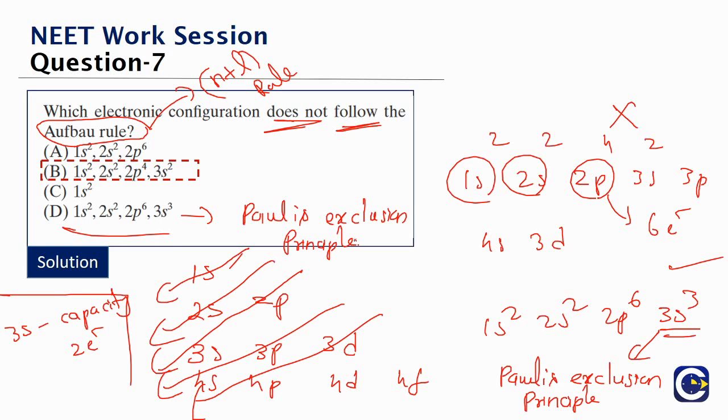And if you are limiting the capacity of orbital, we will know the s subshell will only have one orbital. So s subshell will have 2 electrons capacity. P subshell will have 3 orbitals, means capacity will be what? 3 into 2, 6 electrons. D subshell will have 10 electrons capacity. How does it come? There are 5 orbitals, 5 into 2 will be what? 10. F subshell will have a capacity of 14 electrons. How does it come? F subshell will have 7 orbitals. 7 into 2 will be equal to what? 14. Okay, so this is the approach. So what is the appropriate answer for this question? It is option B.